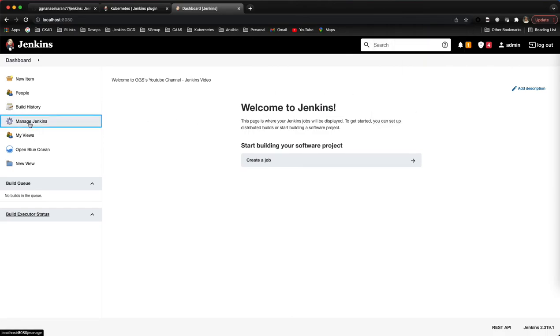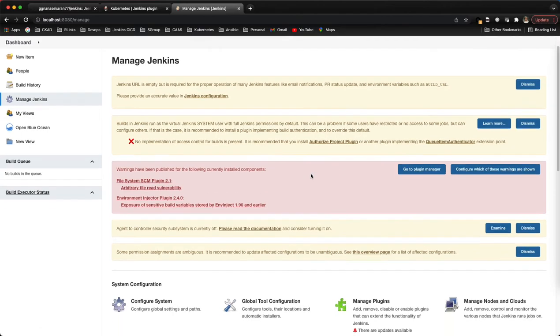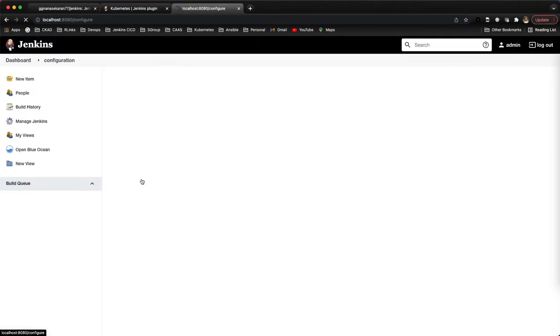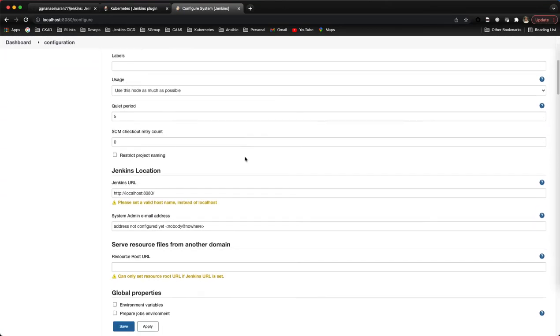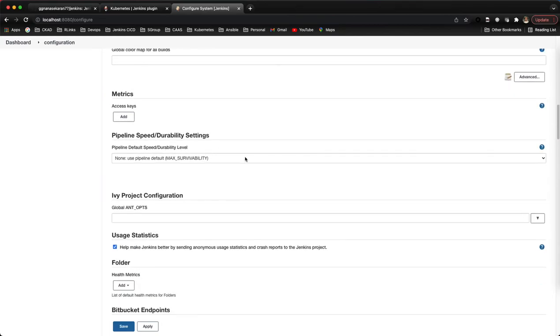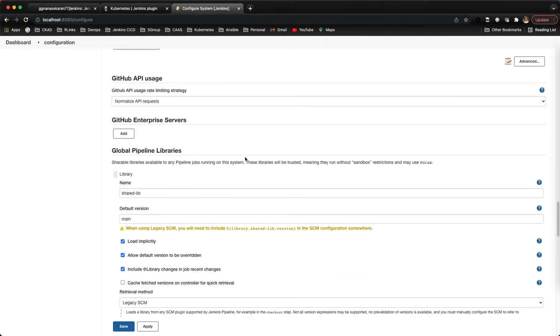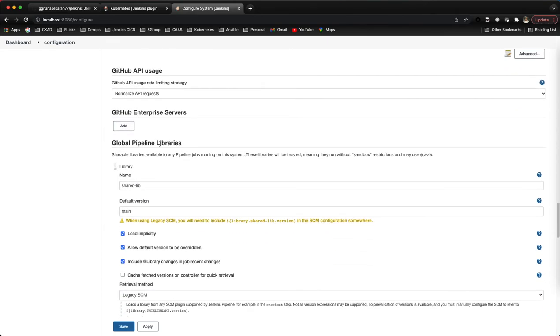If I go to Manage Jenkins, Configure System, here you can see global pipeline libraries.